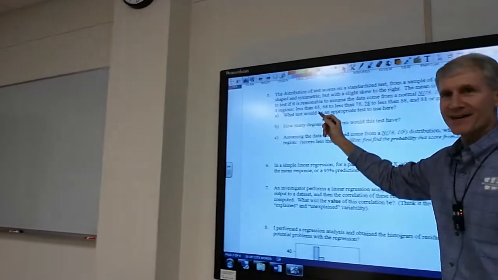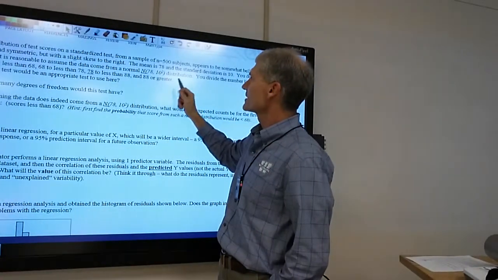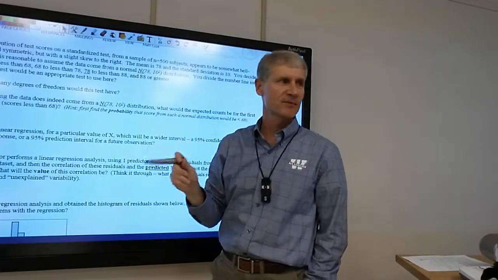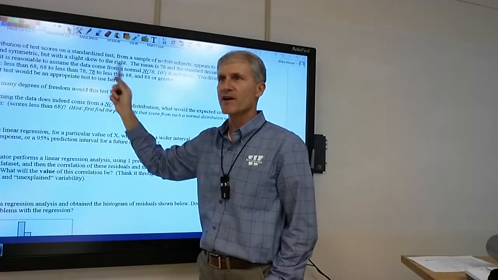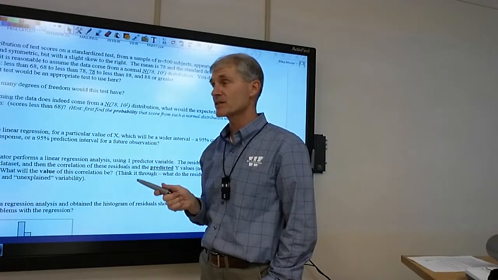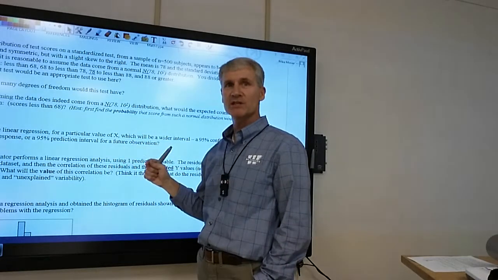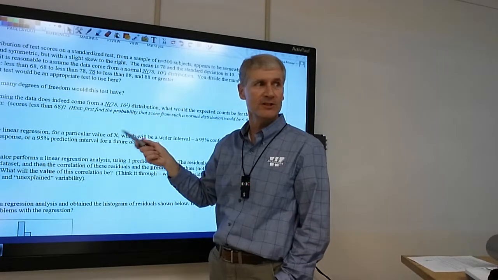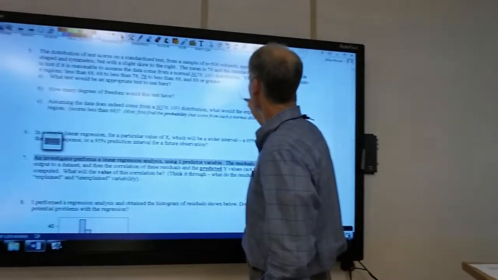So this number 5, distribution of test scores on a standardized test, it tells you that they are normally distributed. The common mistake here was, oh, you gave me 4 regions, so I should have 25% in each of those 4 regions. When you do a goodness of fit test, you have to think, what would I expect in those regions if it is normal? So you're testing the goodness of the fit of a normal distribution. Well, if you have a normal distribution,